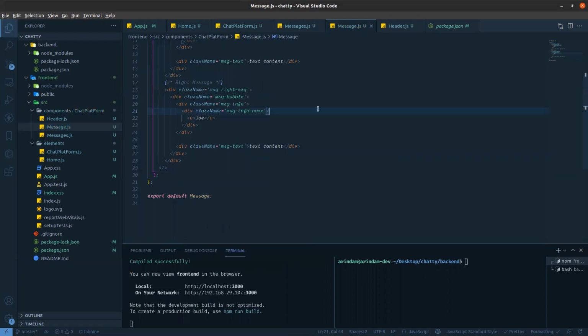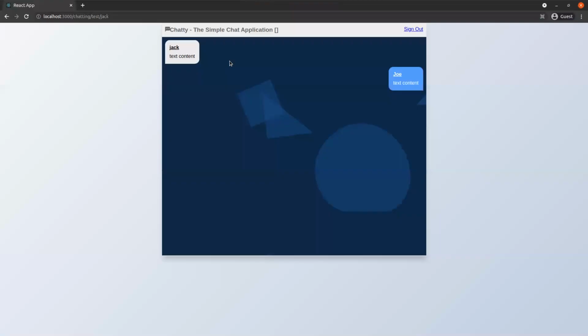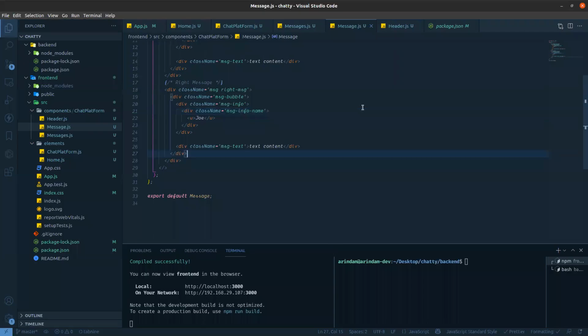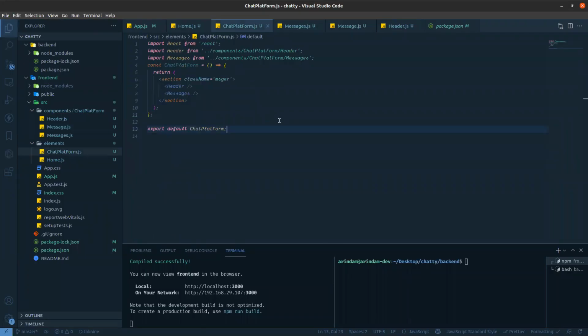I have already told you, if you copy it from index.css, I already provided this data image there. It is a small type of animation, and you will get some more animation data images from the net, available for free. So that means the chatting zone is done up to this, and here we need to create that form. So up to this is done totally.